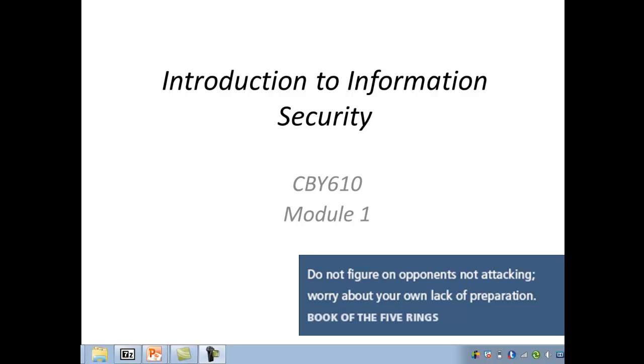Basically, what we're going to do for this first module is introduce some of the basic concepts, a little bit of historical background about the field of information security, and then talk about some of the key processes, programs, or initiatives that you might see in the field of information security or cybersecurity. Think of Week 1 as a primer for what we'll be talking about for the rest of the term.